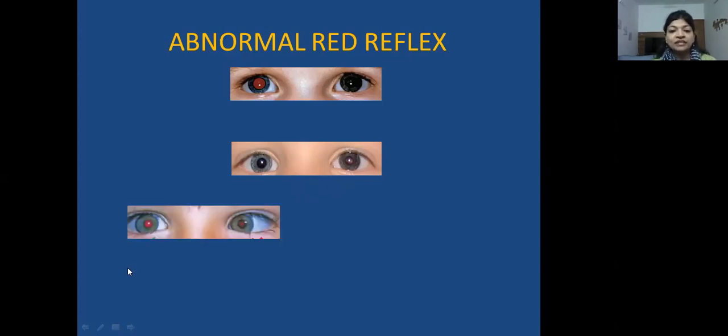Now, if you look at this side, you can see that the right eye has a normal red reflex, whereas in comparison, the left eye has a slightly duller red reflex. And also, if you look at the alignment of the eyes, you can see that the left eye is deviated slightly inwards. So a red reflex will also help you to pick up if the baby has a strabismus, especially in a small baby who's not going to be cooperating very well for you to evaluate for the presence of a squint.